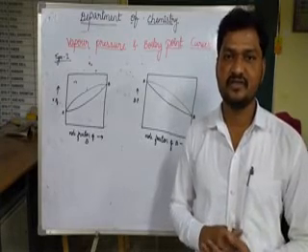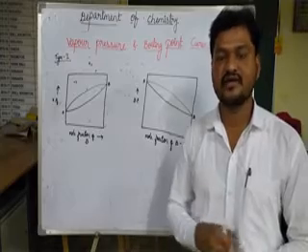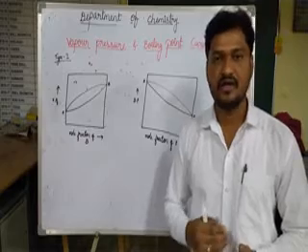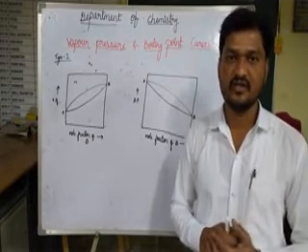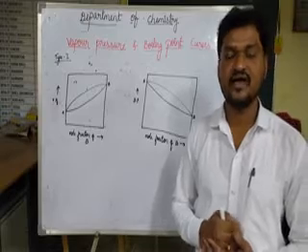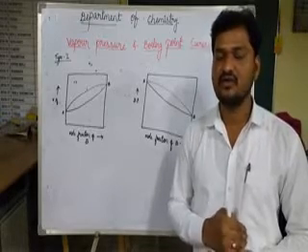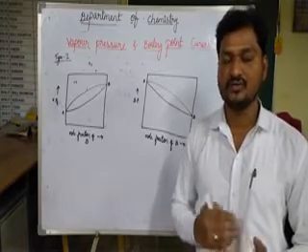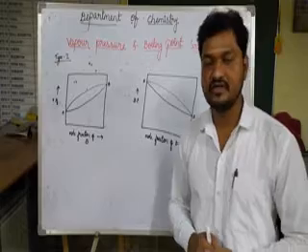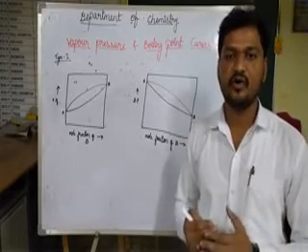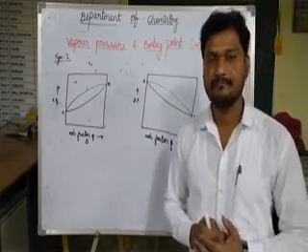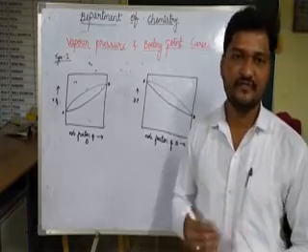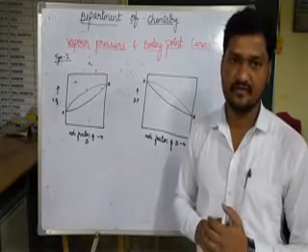So these are the solutions which are related to Raoult's law, and those solutions which obey Raoult's law are called ideal solutions, and if they are not obeying or satisfying Raoult's law, they are called non-ideal solutions or real solutions. Also, non-ideal solutions will show deviations from Raoult's law, which include a positive deviation as well as a negative deviation.